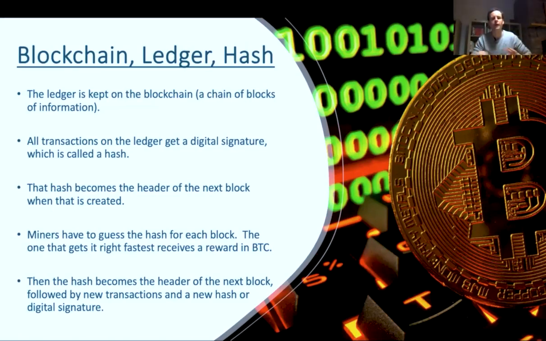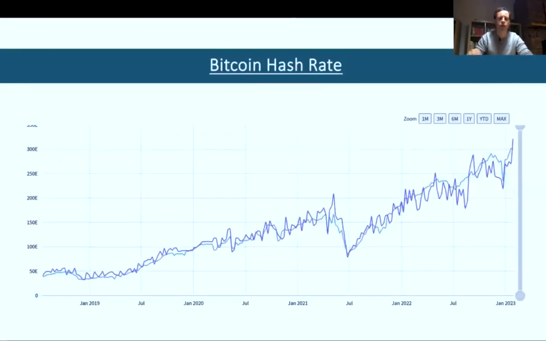In fact, the Bitcoin network has never been hacked. And you can see in the graph here that the hash rate hit an all-time high on the 26th of January 2023 when it reached just over 321 exahashes per second, which is the symbol E there. You don't really need to know that term, but to explain what the hash rate is, it's an expression of the processing power dedicated to the network by miners. So it's the processing power that miners have essentially. And this was actually surpassed after this graph on the 8th of July when it reached 538 exahashes per second.